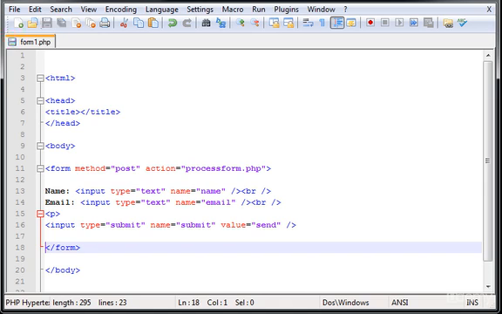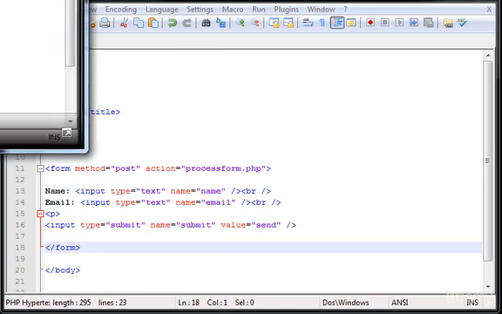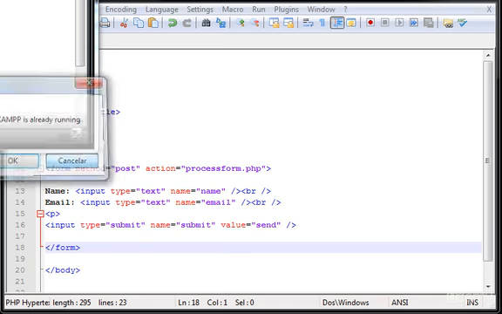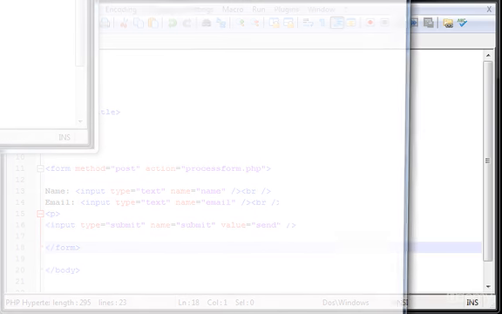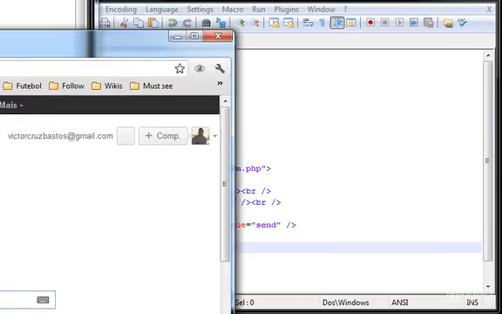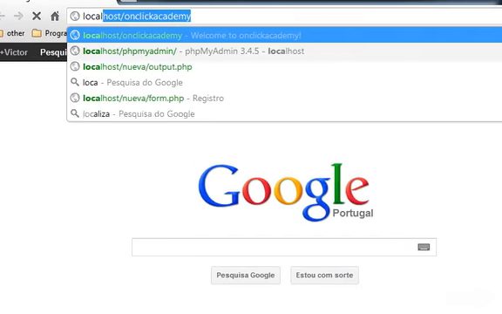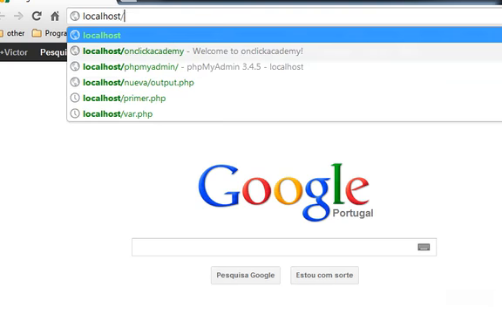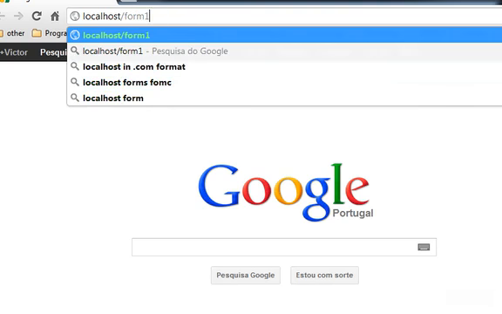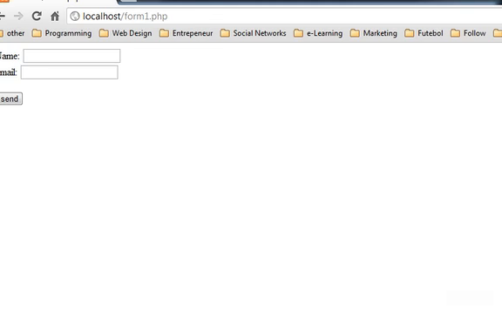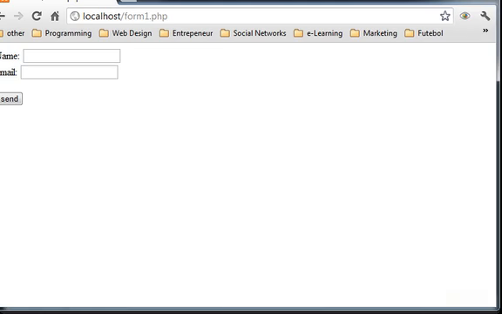Let me check this in the browser. Make sure you have your XAMPP control panel with Apache and MySQL running. And let me go here. Yes, I have mine running. And let me open Chrome. Let me check localhost, and this is going to be form1.php. There it is. Okay, so we now have our form,